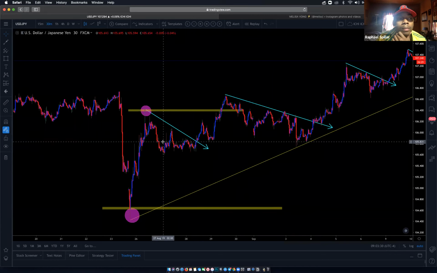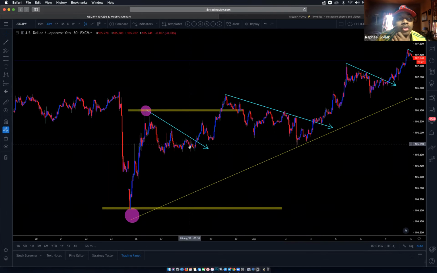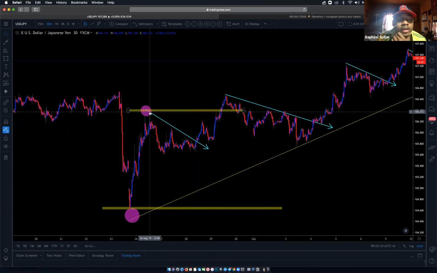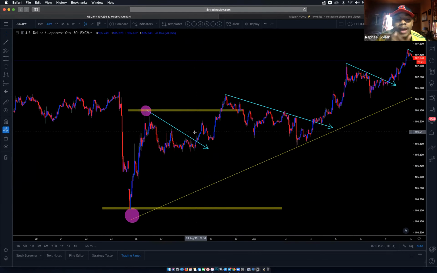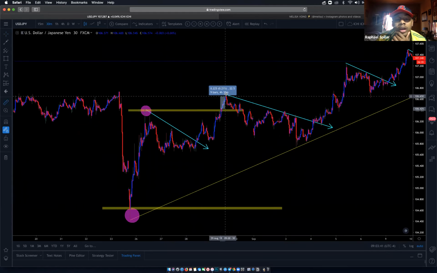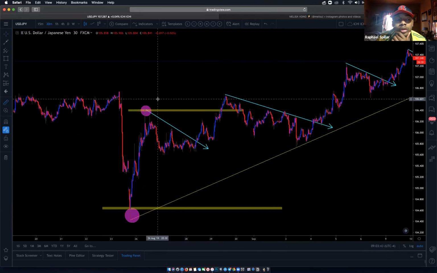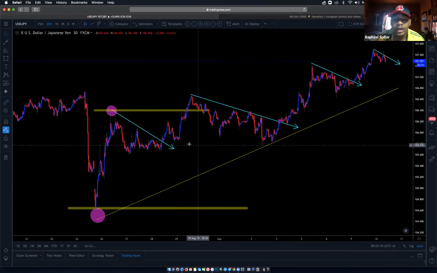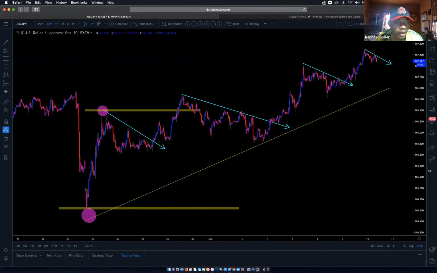As soon as you get the correction, you identify your high and your low, and you react to whatever happened with your high and your low. In this case, you got about 30 pips before it went back to the trend line, because when you trade, it's always going to go back to the trend line. And you're identifying the support and resistance lines for 1 hour for how far back you go. It's a preference on how far you want to go back.